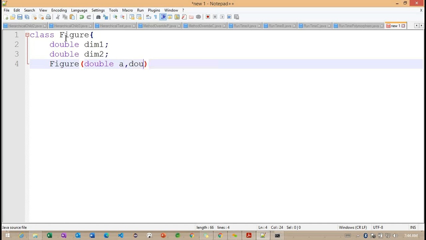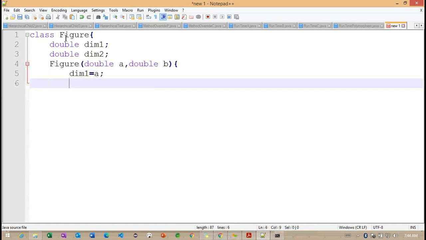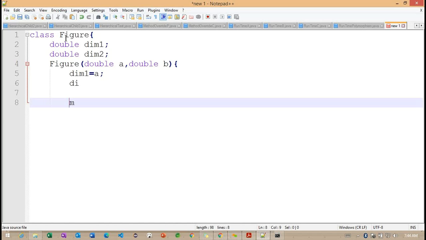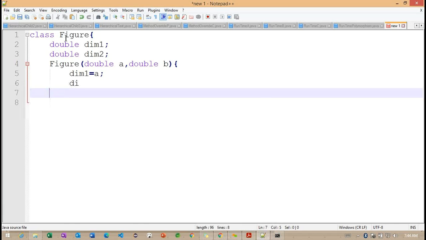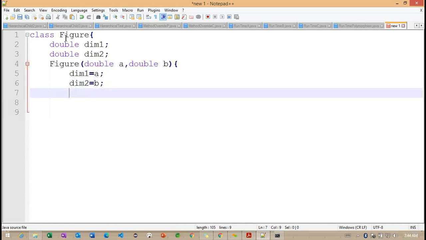So double A and double B, dimension1 is equal to A, dimension2 is equal to B, and I'm closing this particular constructor.